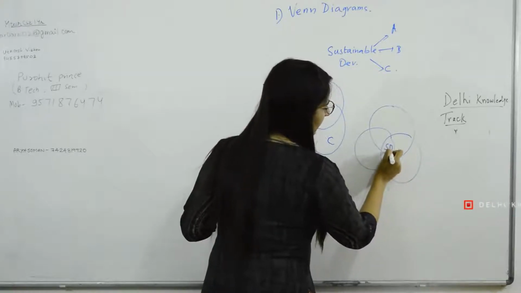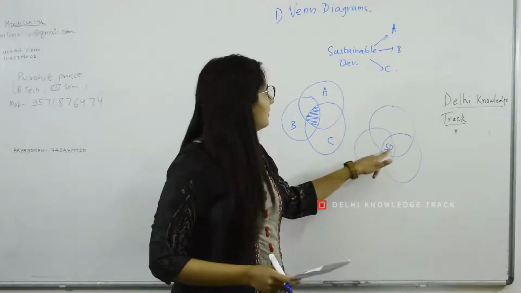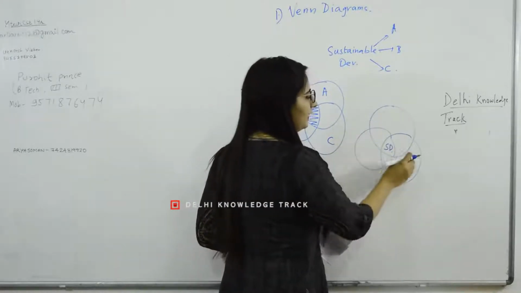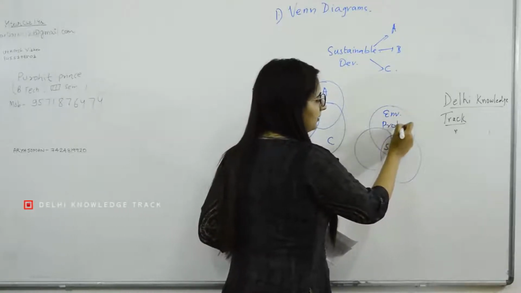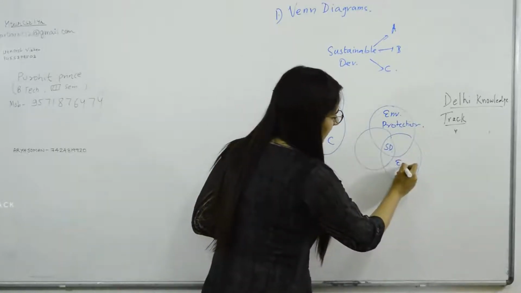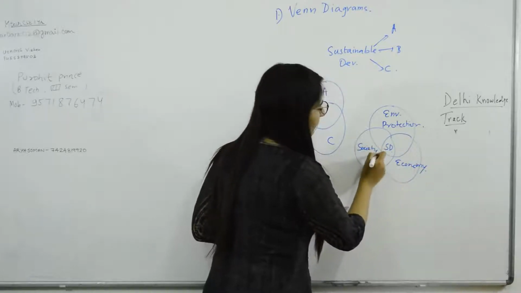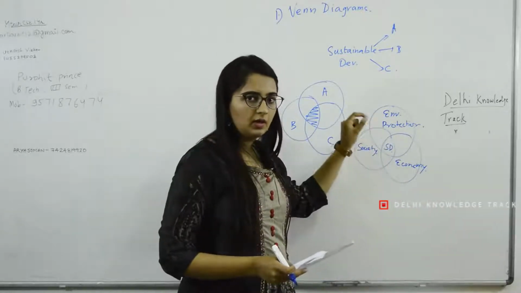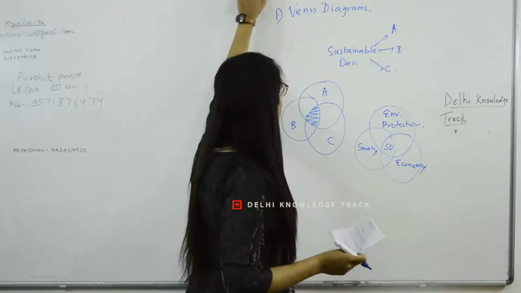In the examination I used to write sustainable development here in the middle where the intersection is. I am using this shortcut of SD, but please write it completely in very small words, sustainable development, and then you write the 3 things that will lead to sustainable development here. For example, for sustainable development we need environmental protection, we need economy, and we need society. So whatever thing you are writing, the 3 components can be indicated here, and the intersection is the final thing which we are trying to show. This is one way of making flowcharts. The first Venn diagram is over.